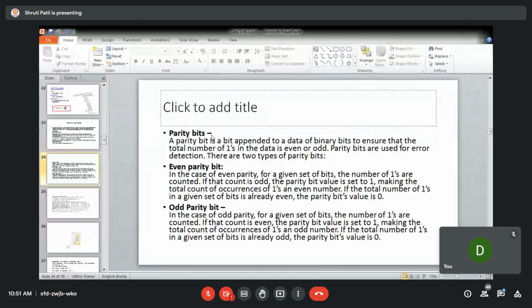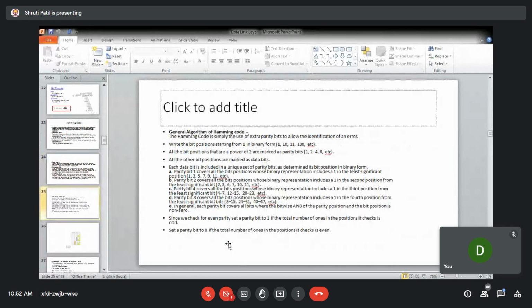Now you have the parity bit. For parity, you calculate the total number of ones, which you have already seen. There are 2 types of parities, even parity or odd parity. You calculate the parity, and if the count is odd, to make it even you set the parity bit as 1, so that the total becomes even. If it is odd parity, you check the number of ones, and if they are even, to make it odd you add 1 as a parity bit. So these are the 2 parity types.